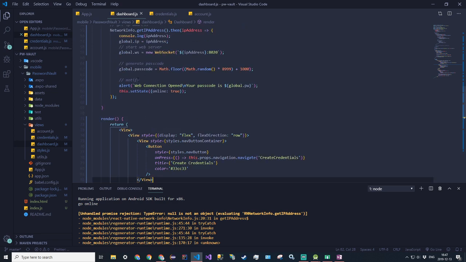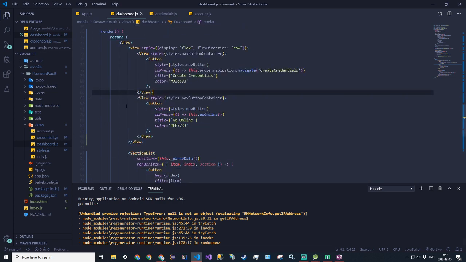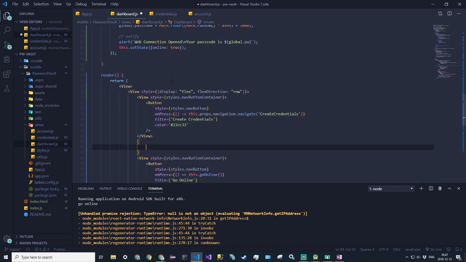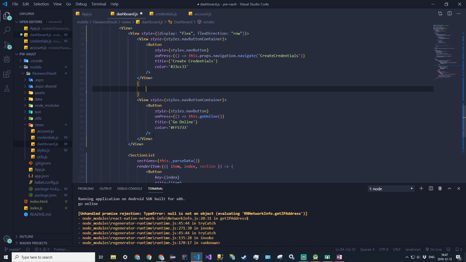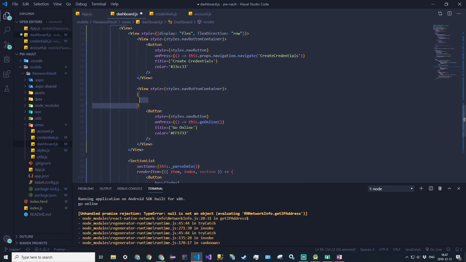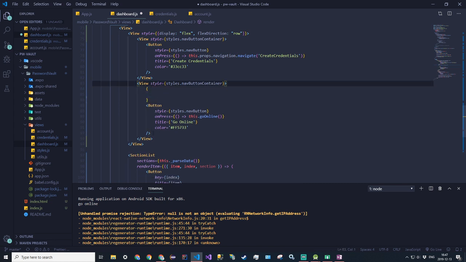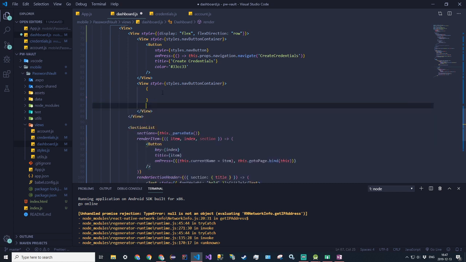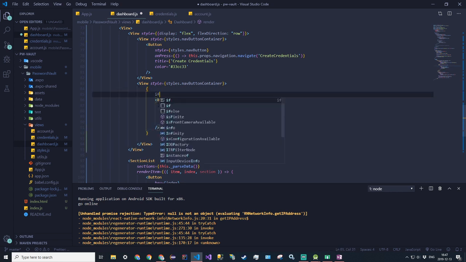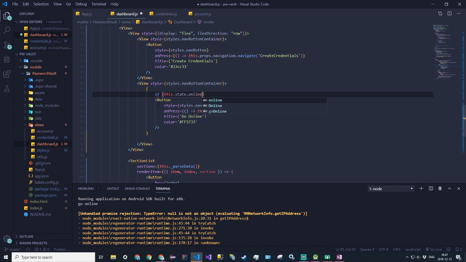So before I continue here, I'm going to worry about this error after. I'm just going to go ahead and set this button to be conditional. If we're online, then we want to have a go online button. Otherwise, just go offline button. So if this.state.online